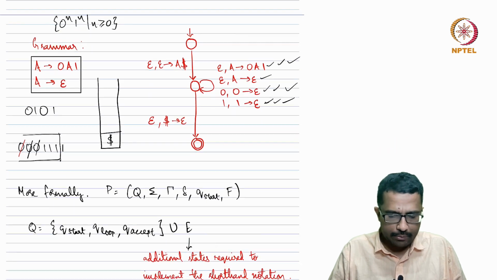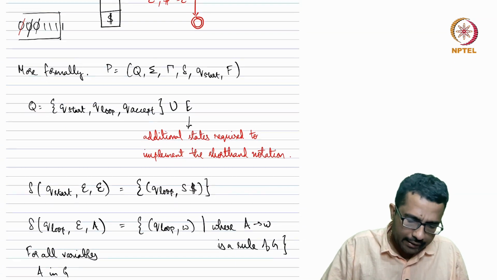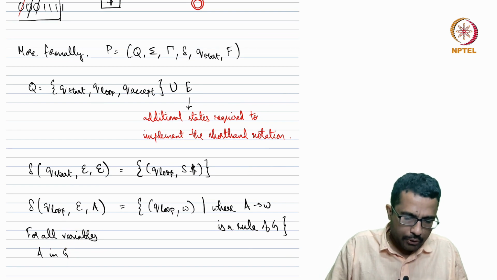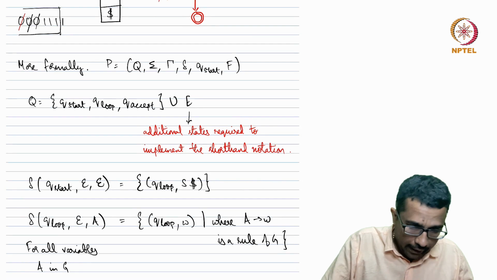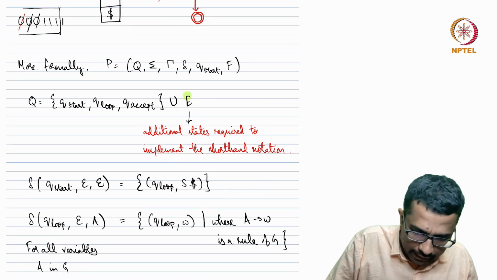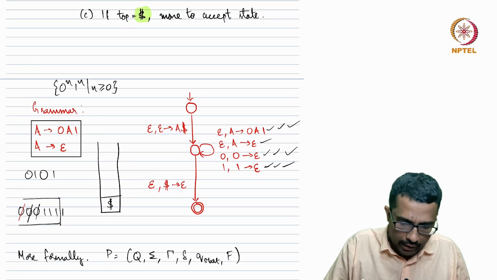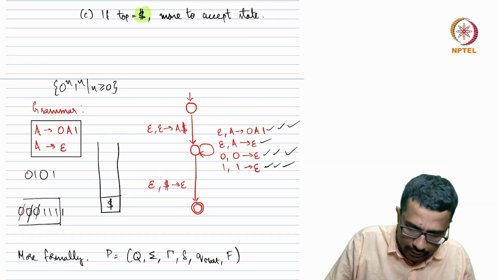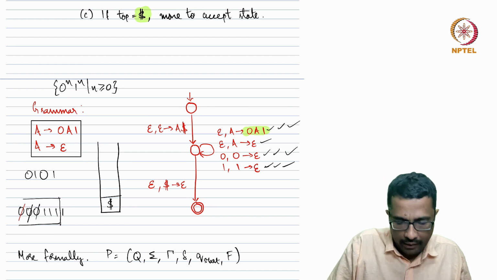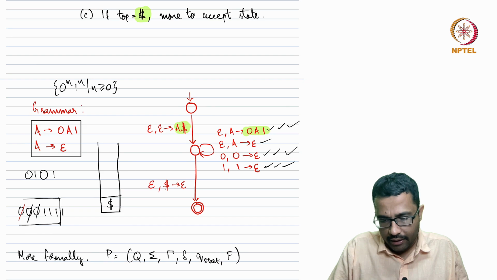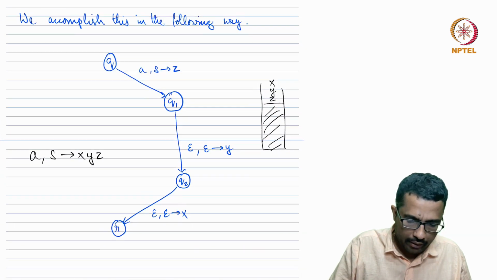So basically, just more formally, I'll say the same thing again. I've written the entire thing in detail here. You have 3 states: Q start, Q loop, and Q accept. And in fact, you may have more states. Why? Because we are using this shorthand notation, right? So 0A1 is not a single string. $A is not a single string. So we are using this notation that we just explained at the beginning.